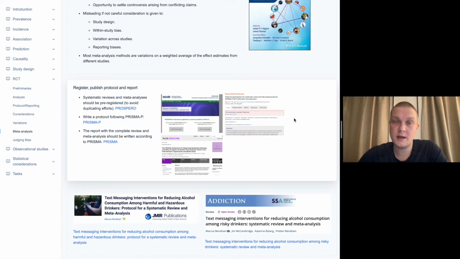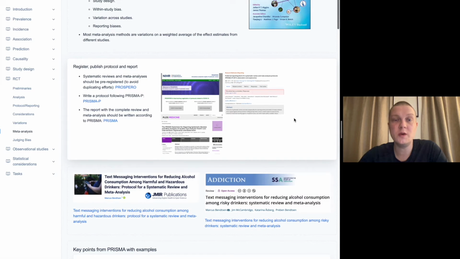Like a randomized controlled trial, we should always register our systematic reviews and meta-analyses. It can be done in a register known as PROSPERO. On the PROSPERO platform, you can also search for other systematic reviews and meta-analyses to check if there are ongoing reviews that you might collide with. So before you start out, once you have decided what you want to review, you should always go to PROSPERO to search for other reviews to make sure that you're not duplicating efforts,